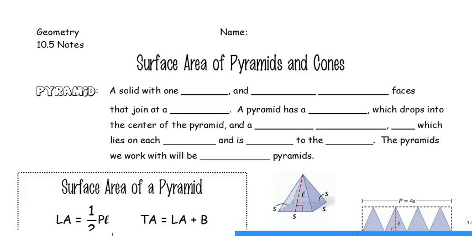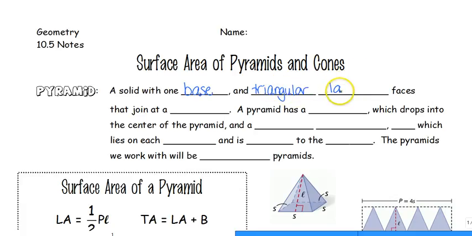Hello, today we are looking at 10.5 in our notes packets, which is going to cover surface area of pyramids and cones. So first let's talk about what a pyramid is. A pyramid is a solid with one base. Unlike our prisms and our cylinders from the other day that had a top and a bottom, pyramids are only going to have one base, and they are going to have triangular